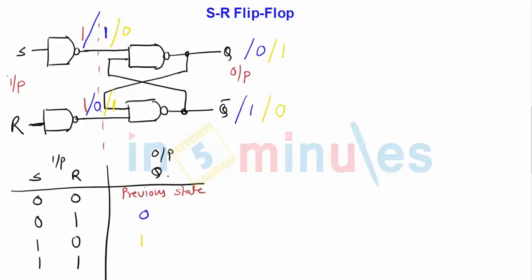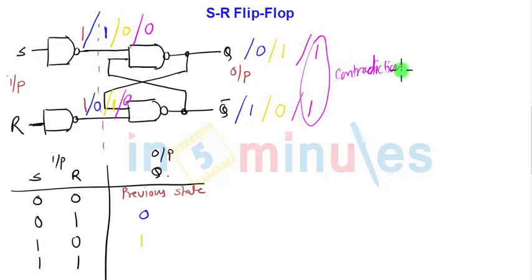But what will happen if I put S and R equal to 1 1? Both of the inputs of the NAND gate are 1. Therefore S will become 0, R will become 0. Then both the NAND gates will try to put the output Q equal to 1 and Q bar equal to 1, and this case is a contradiction to the basic three laws of the memory cell, the first law, which states that Q and Q bar should always be complementary to each other. So this cannot be the case. So I'll put a question mark here. Prohibited. This input is prohibited in SR flip-flop case.